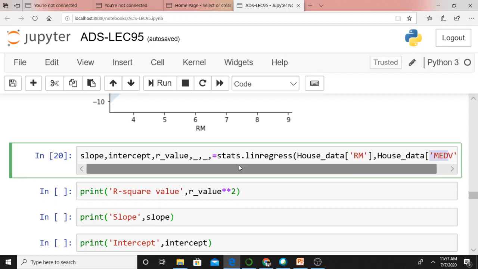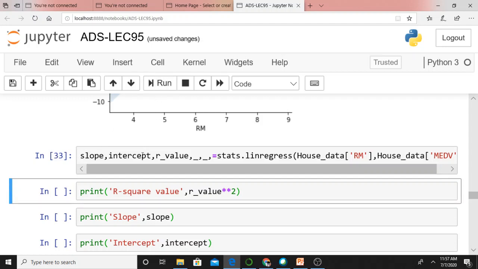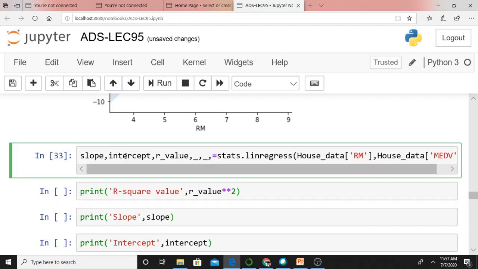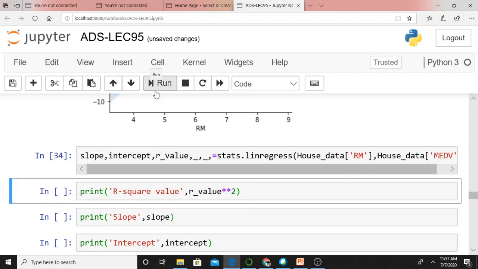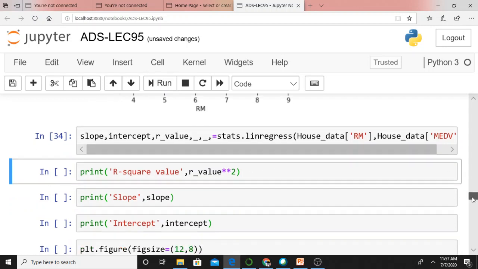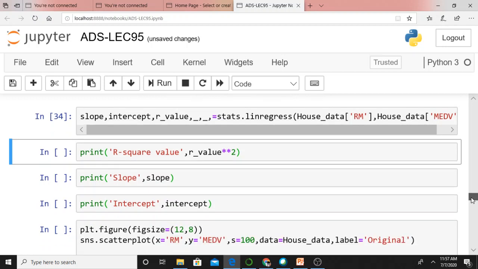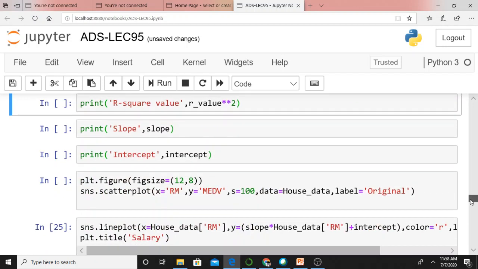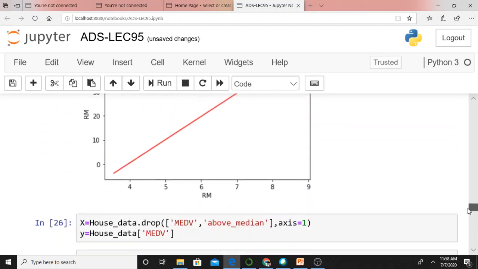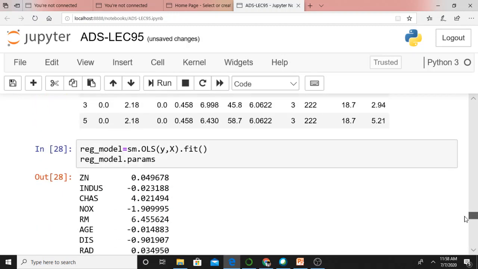I will record a separate lecture. I am thinking that it's not the right time to discuss slope, intercept and r_values. I will discuss what r_value is and what slope is in my future classes. Not only this, I will also discuss statsmodels.